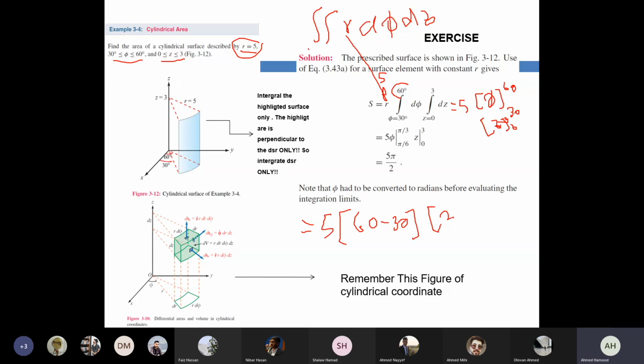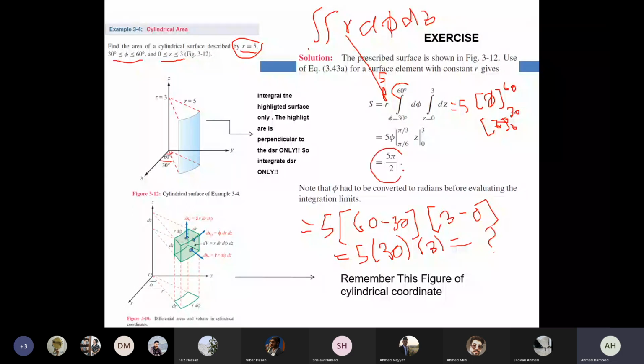Then you have 3 negative 0. So which is equal to 5 multiplied by 30 multiplied by 3. Okay, then you will get the answer, or you can put it like this, 5 pi divided by 2,